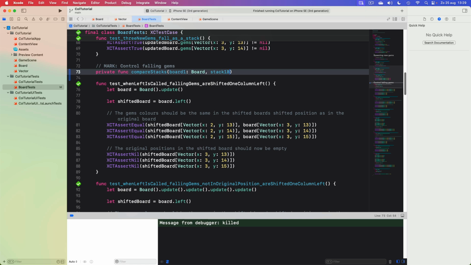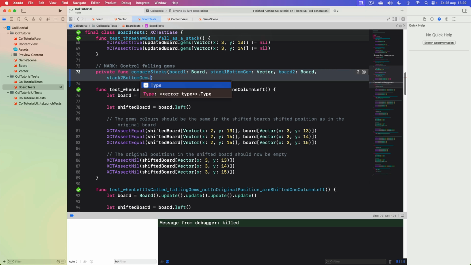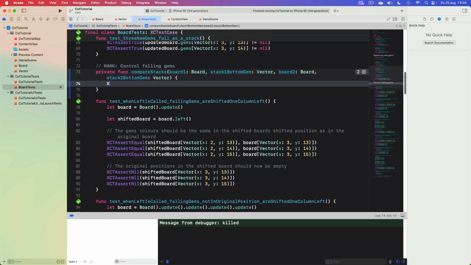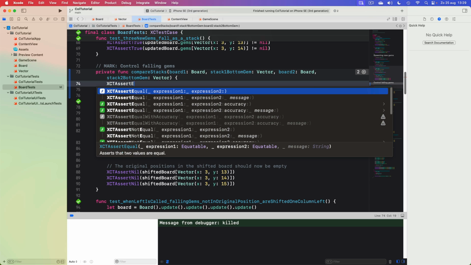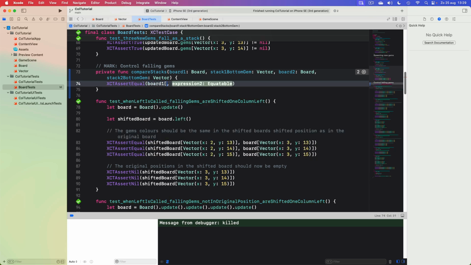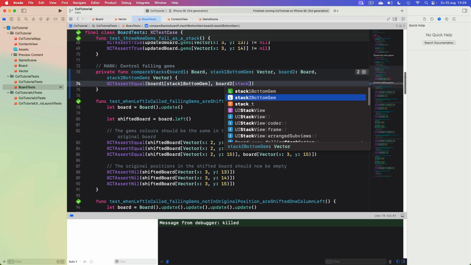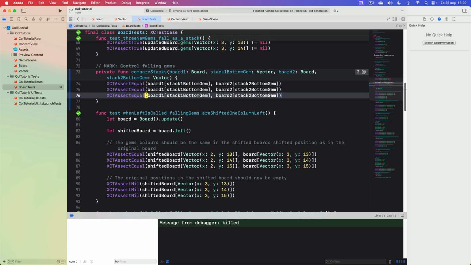and a stack 1 bottom gem, so the location where the bottom gem is for the stack we want to compare. And we have a second board with a stack 2 bottom gem that is also a location, and this doesn't return anything. This one just checks if board 1, the stack 1 bottom gem, is equal to board 2, stack 2 bottom gem. And we repeat this one twice, but we also add